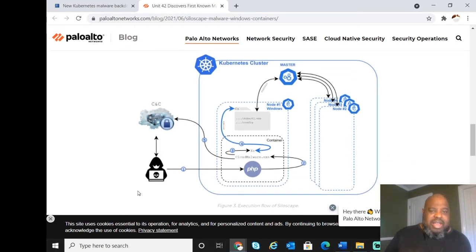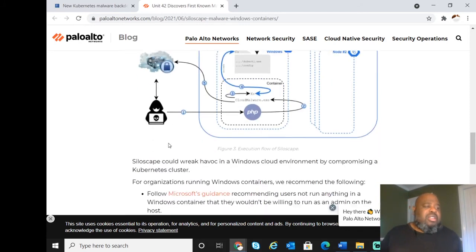So it shows you the bad guy there. Looks like he's using PHP to get to the cloudware exe. It runs the command C. It looks like it takes over the master container. Then it has control of the root node containers there. Then the command and control can execute any code on there. So that's kind of the standard way for the command and control. I guess my thing is, if you're actually controlling your container, if it made a call out and you set up your networking, the command and control should be blocked.